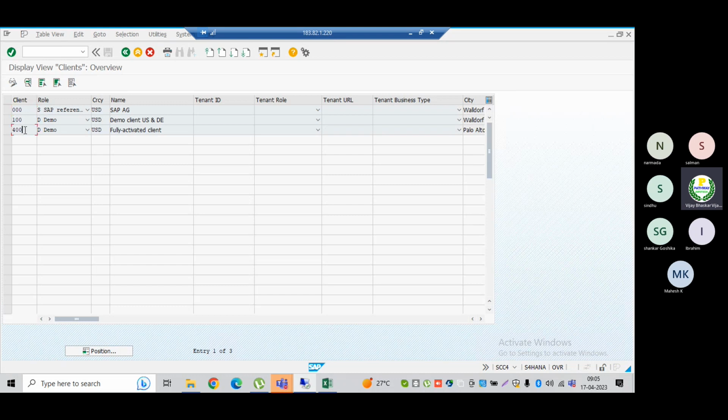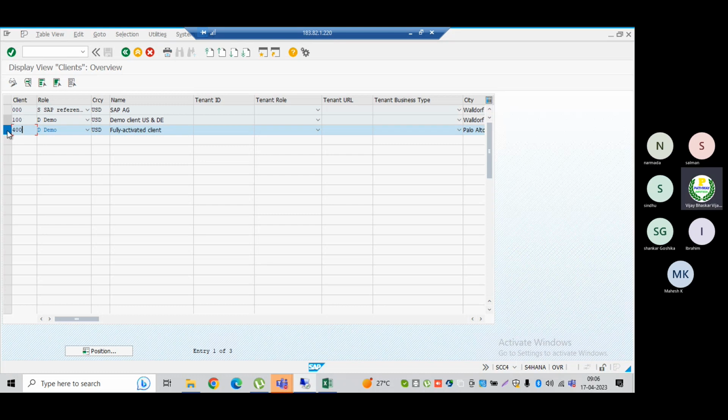I have done all the changes in 100 client, and now I want to bring the changes from 100 client to 400 client. Let us assume 100 is my development and 400 is my quality system. In that situation, I need to log in into the quality system with the help of the 400 client. Then I need to select SCC1.